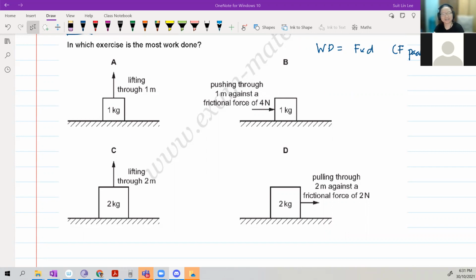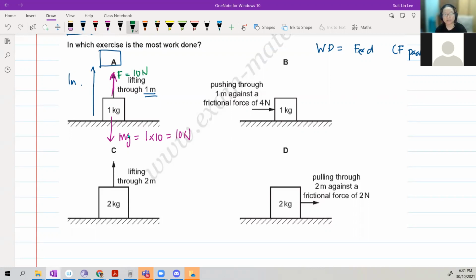Okay, so you think about force times distance. Then you go, I lift 1 kg 1 meter, so maybe here to here is 1 meter. What is the value of this force? This force must support this 1 kg. So this upward force must be the same as your mg, which is 1 times 10, which is 10 Newton. So this upward force that is lifting, the student's hand that is lifting, is also 10 Newton.